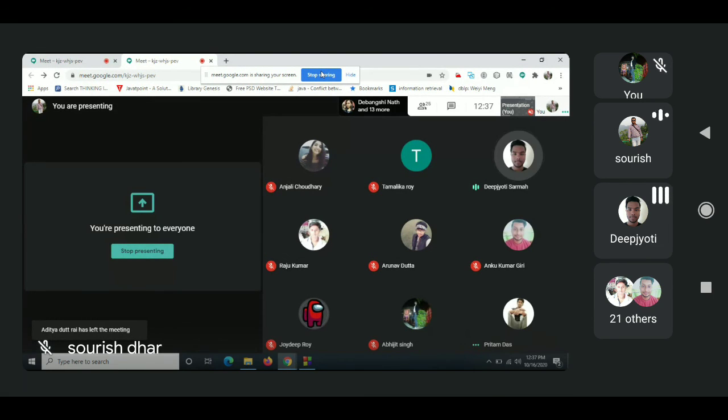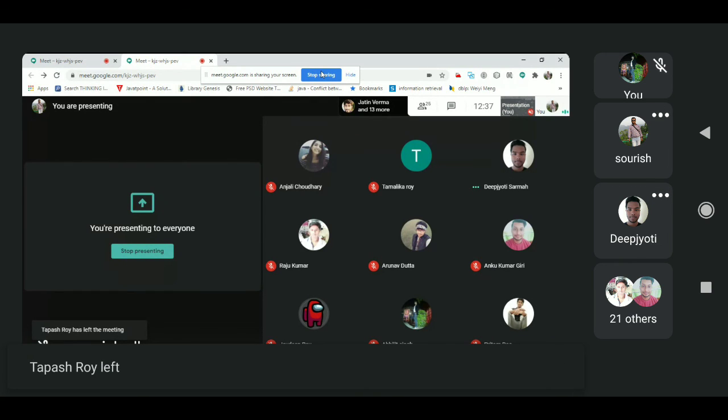सर, कल आपने एक होमवर्क दिया था रिकर्शन का. अच्छा हाँ, किसी ने किया क्या वो होमवर्क रिकर्शन का?